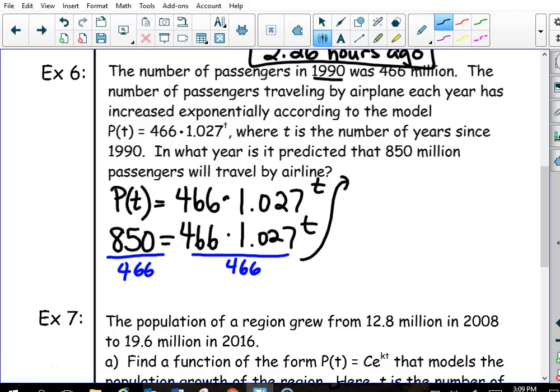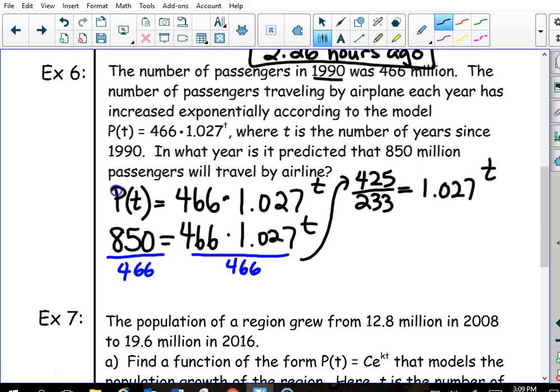So I'm going to reduce that fraction 850 over 466, and it turns out that 4 will go into both of those numbers evenly. Now it looks like 2 is as far as we can go with this. So I'm going to reduce it to 425 over 233,